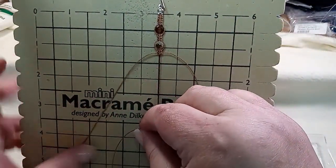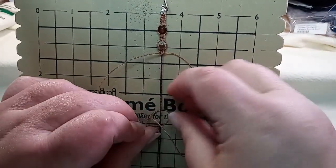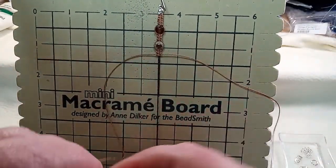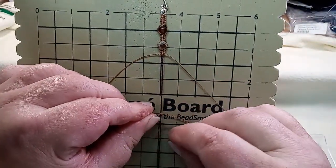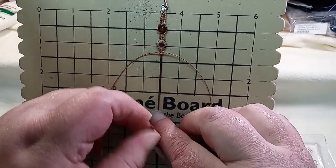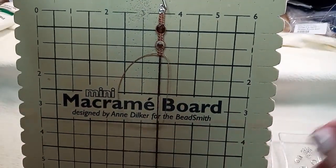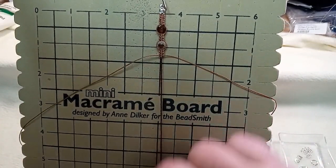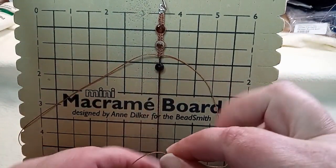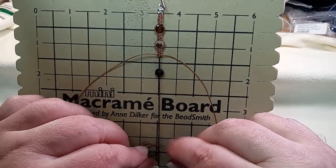Make a P, over the cord, under the center cord, through the loop, tighten, make a Q, over the cord, under the center cord, through the loop, and tighten. I'm going to bring up my next bead. I'm going to make a P, go over the cord, under the center cord,